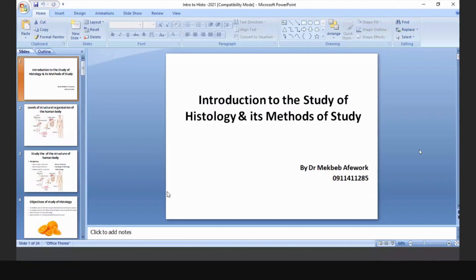Otherwise, under each slide, you have to enrich it by your readings. At least I recommend 2 books